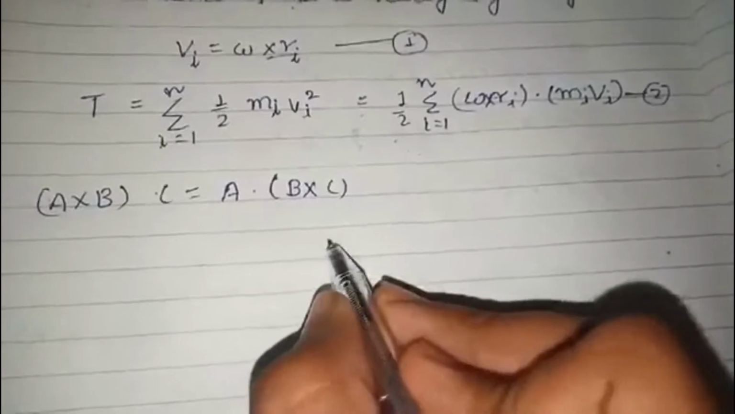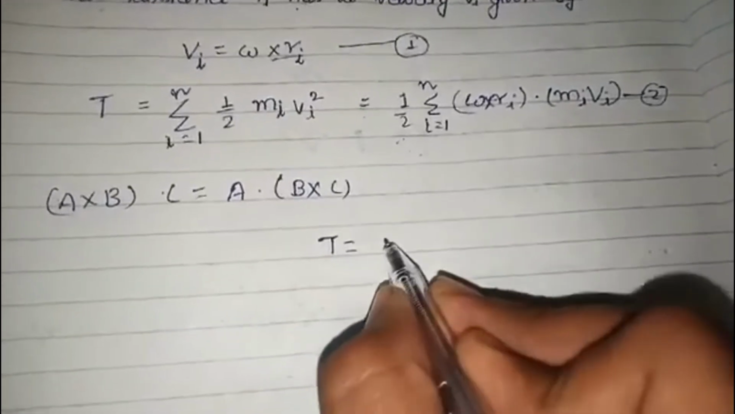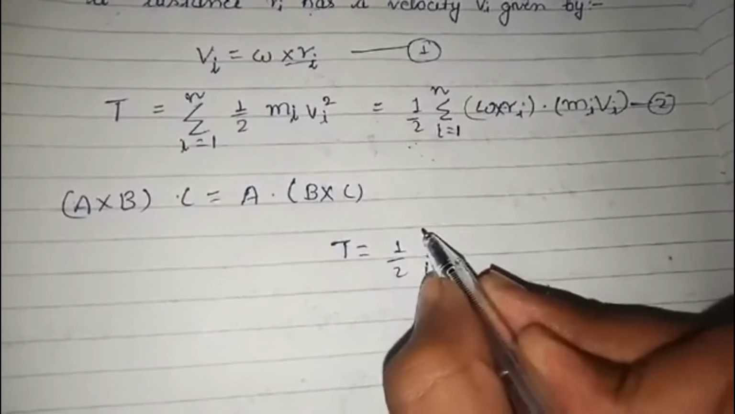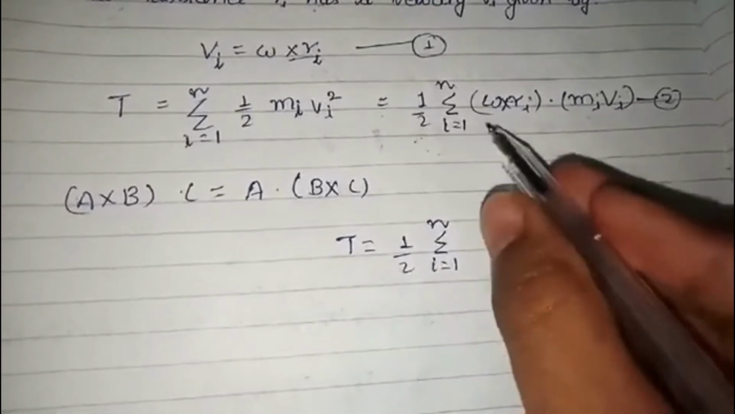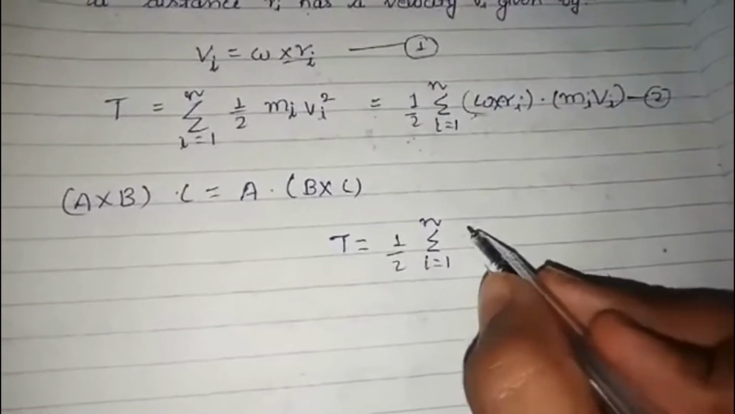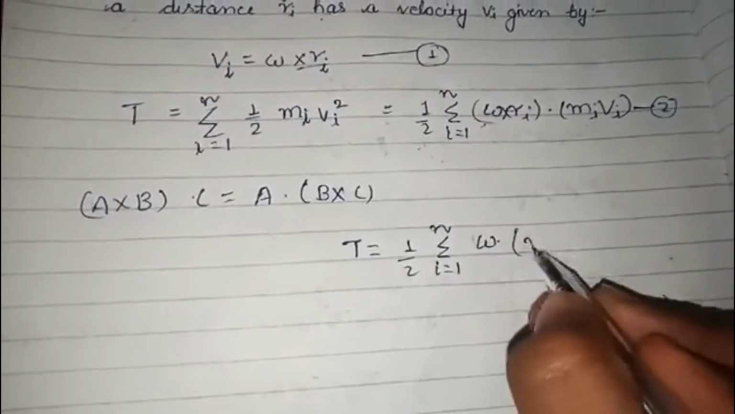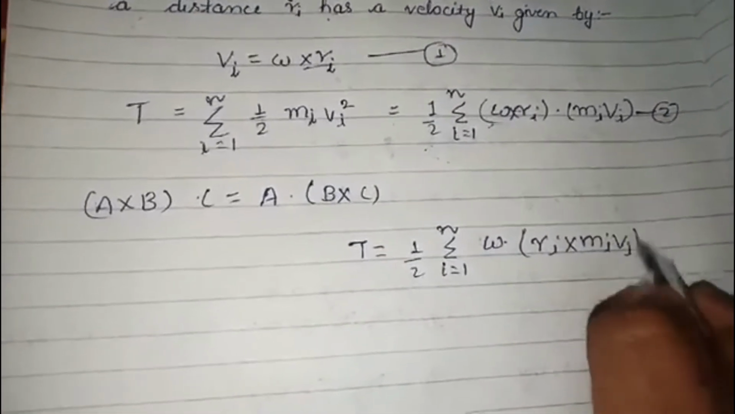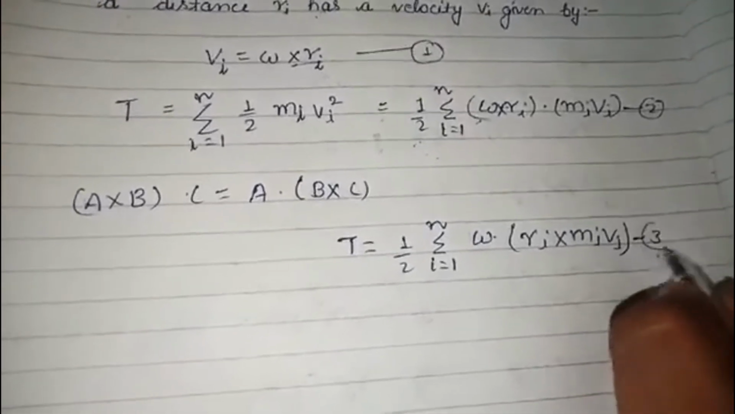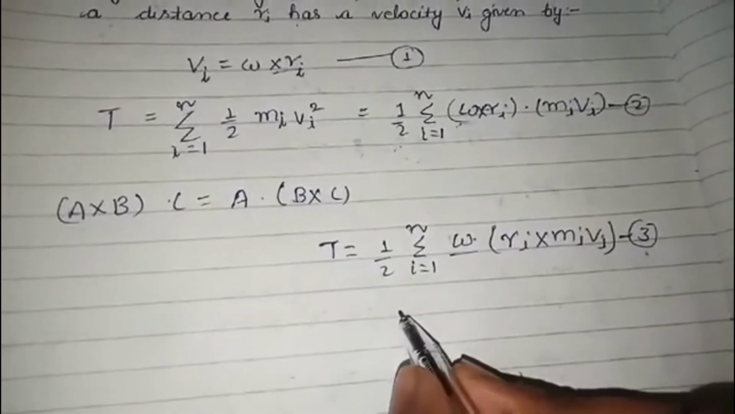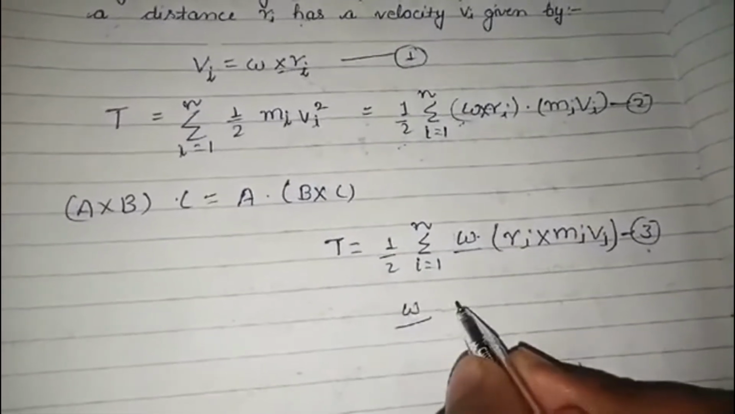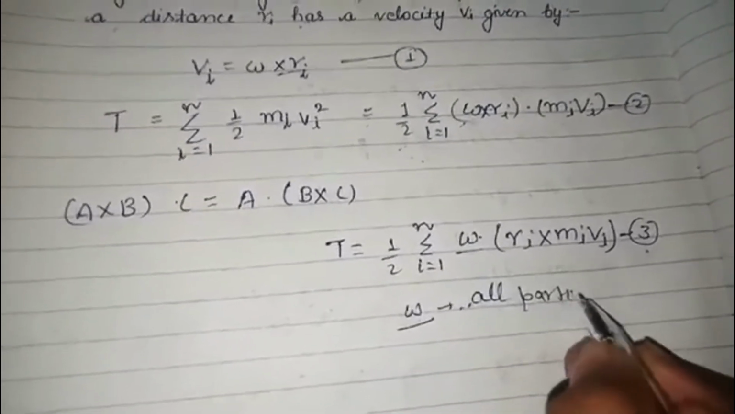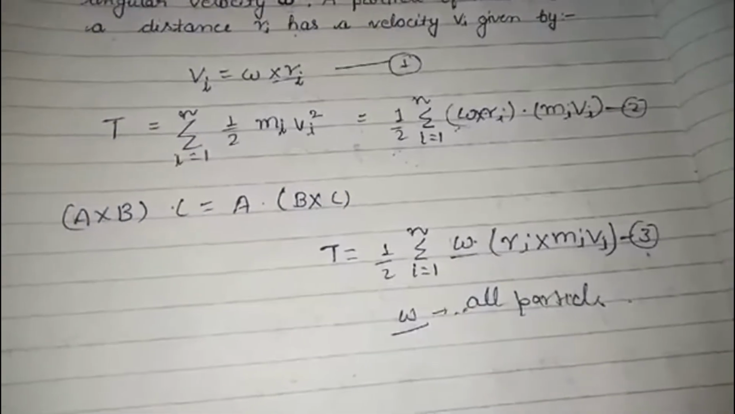सो क्या आ जाएगा तब, टी इज इक्वल टू हाफ आई इज इक्वल टू 1 to n, ओमेगा को ए ले रहे हैं हम, ओमेगा डॉट बाकी बी आर आई क्रॉस एम आई वी आई, ये हमारा थर्ड हो गया। सिंस ओमेगा इज सेम है, ओमेगा सेम है ऑल पार्टिकल्स के लिए, जितने भी पार्टिकल हैं हमारे ith पार्टिकल, उसके लिए ओमेगा सेम है।